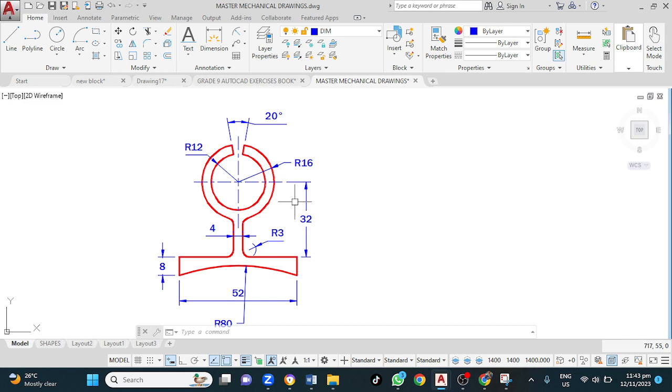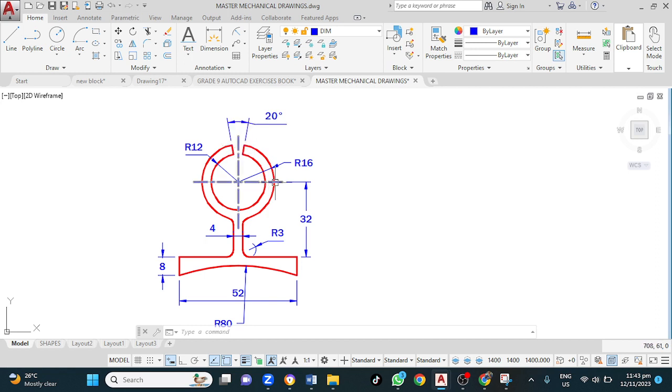Again, the first thing to do is to analyze the drawing to determine how to approach it. This figure can be broken down into a rectangle here. Here we have an arc. For this, we can use start and radius. For this part, we could use multi-line and two circles up here. To get this cut out here,